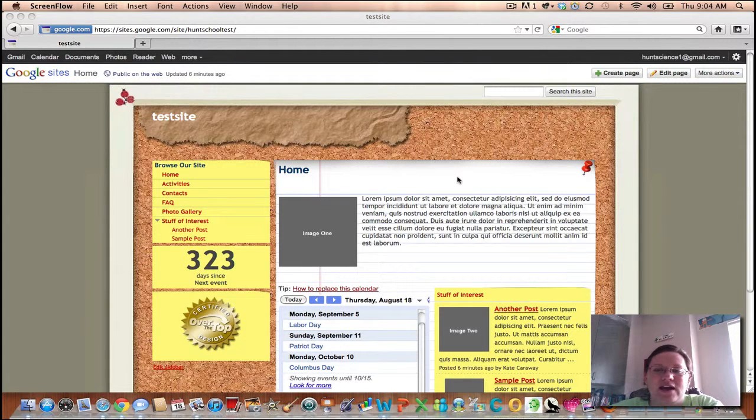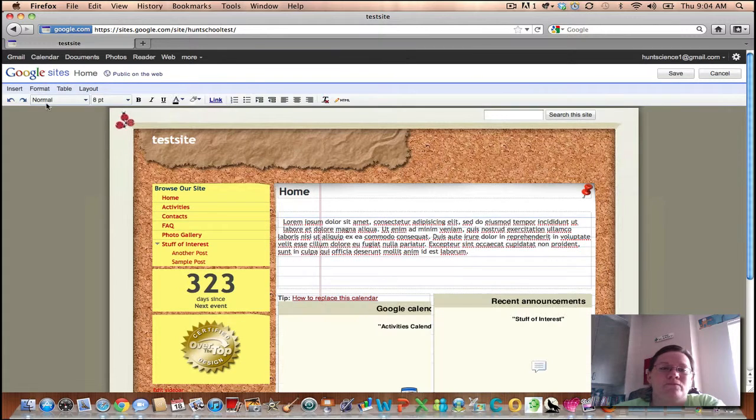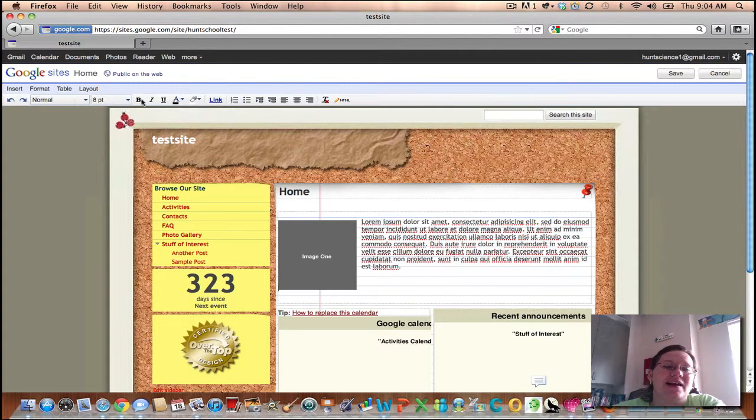Okay, cool. So now we've picked out our template and we're ready to start building on our website. First thing I want to show you is the little button called Edit Page. When you click on that, it's going to load this editor. Now, this looks a lot like what you would find in a Word document,